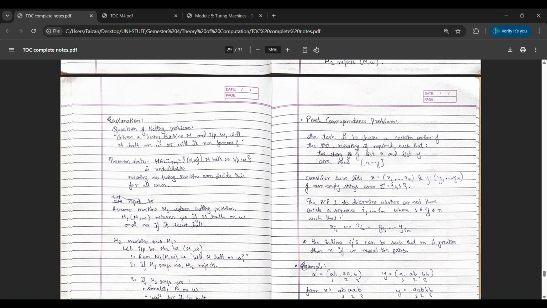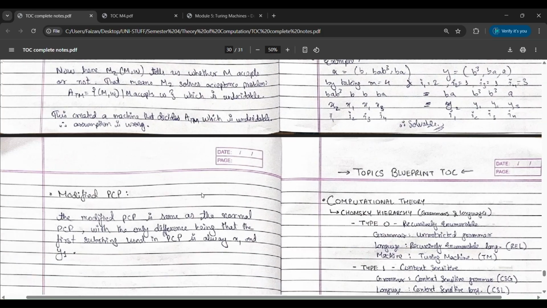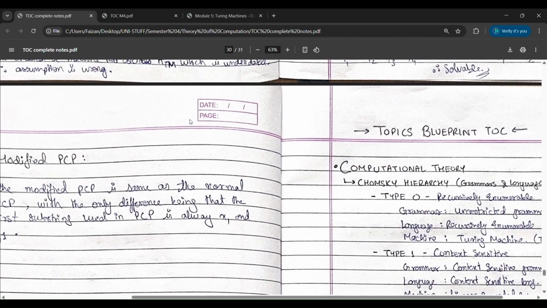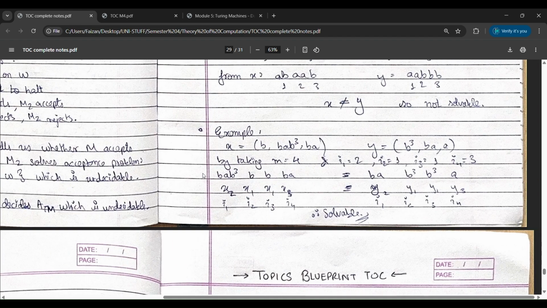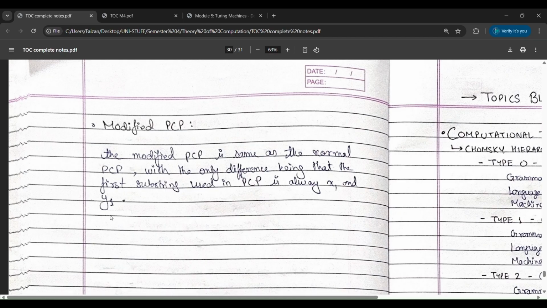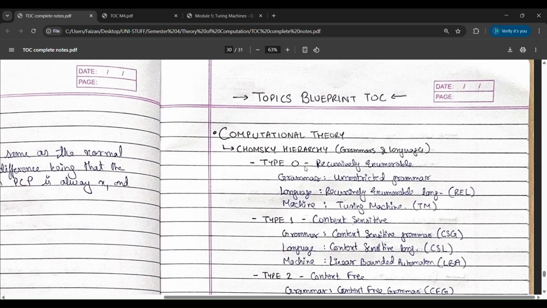Okay, PCP just tells you the problem of decidability and undecidability. There is a theorem for that, and there's an algorithm for that. MPCP is a modified version of PCP, and the only difference is that over here we had the capability to start with X2 or X3 or anything, but in MPCP you will be starting with X1